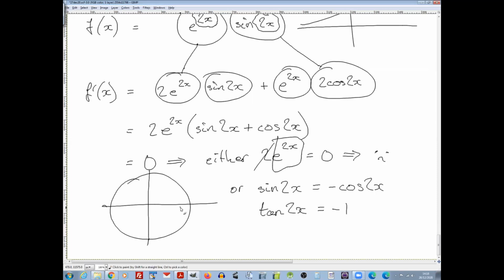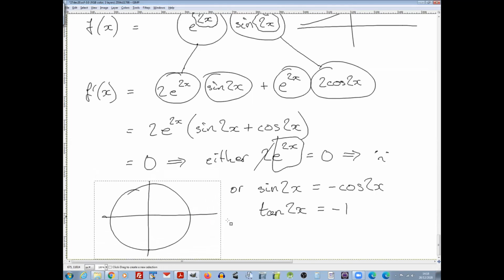Not sure I agree with that. Vertical is sine, horizontal is cos. So tan means y over x, or vertical over horizontal, sine over cos. If you just think of this as an xy grid, basically, if sine over cos is -1,